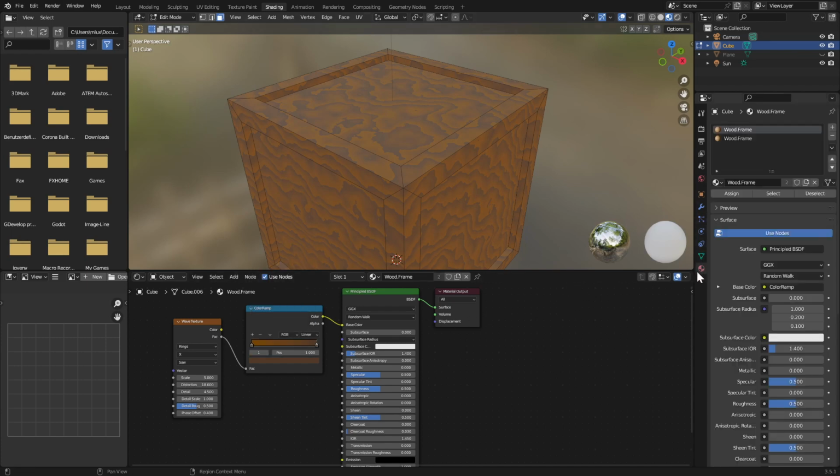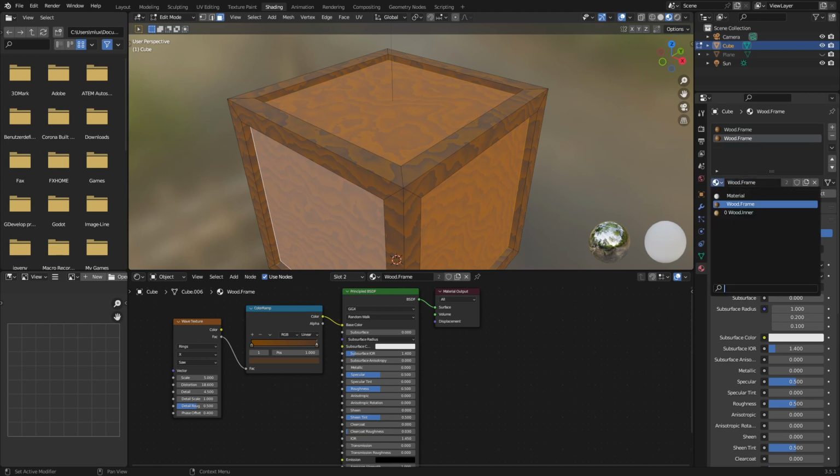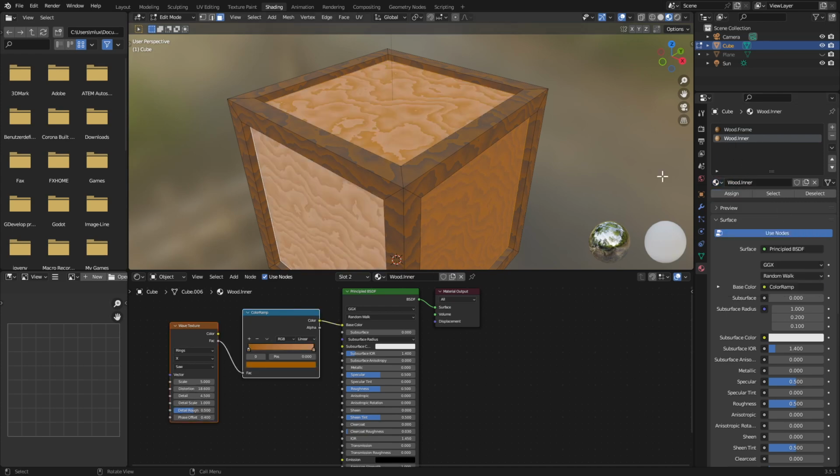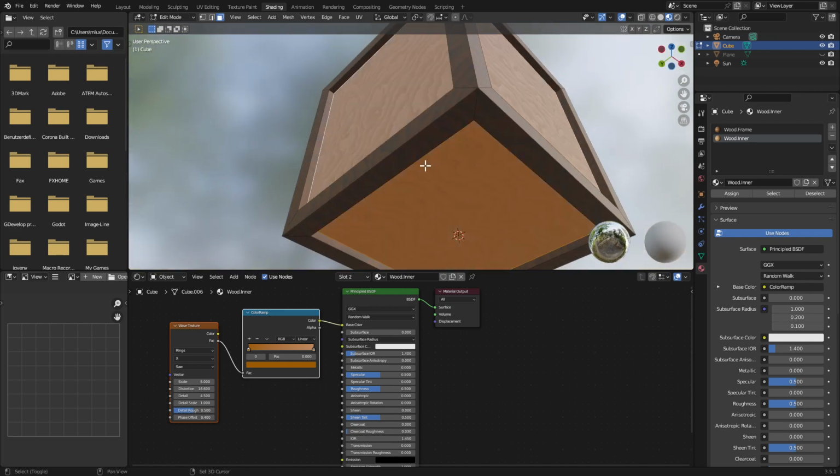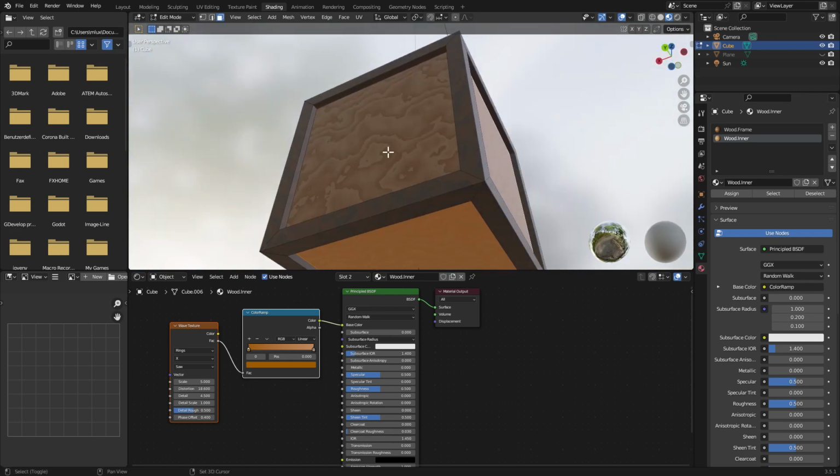That might actually work out. Okay, and then in the materials tab, we're good to go in the edit mode. Actually assign. Oh, we have double frame. Why would there be double frame? Inner. Now, yeah, wait here. That would be wood inner, and also wood inner